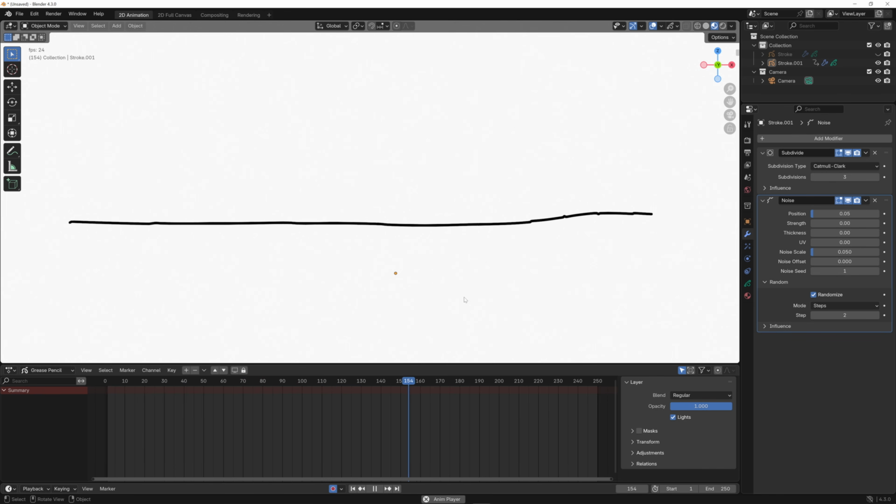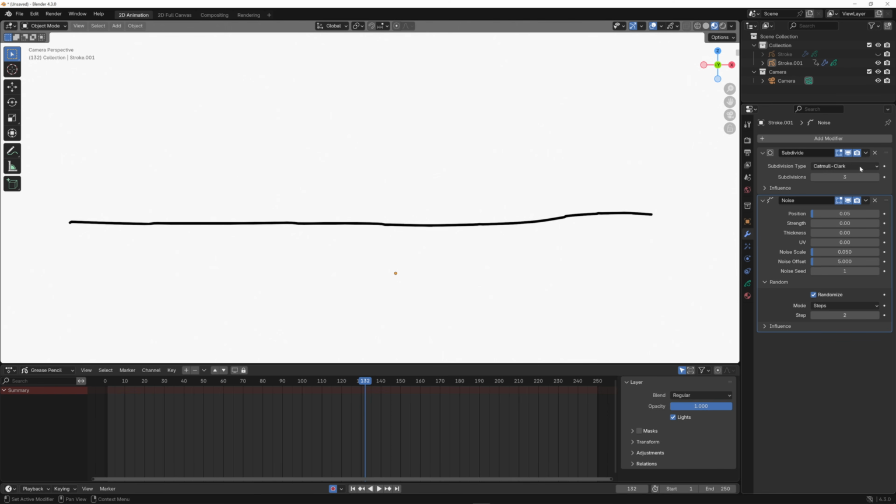And it just gives it this look that it's kind of not perfect from frame to frame. And if you want a hand-drawn look, this is a good option for that. So if you keep the random on, you don't really have to do anything else. I'm going to change the offset a little bit. So I'm going to go to 5 on it and hit play.